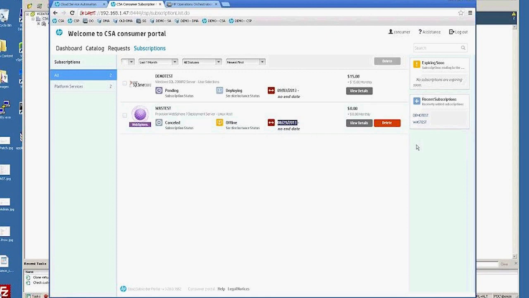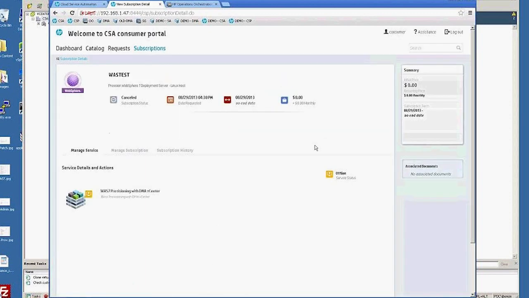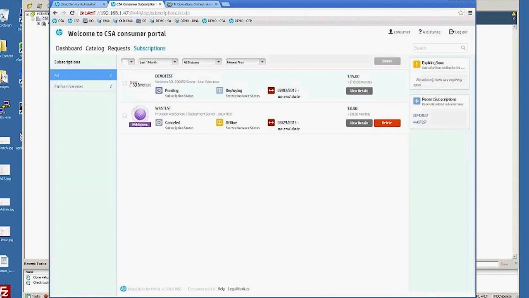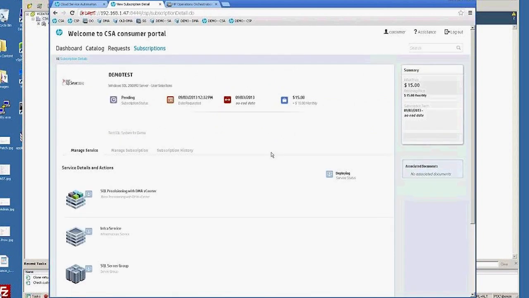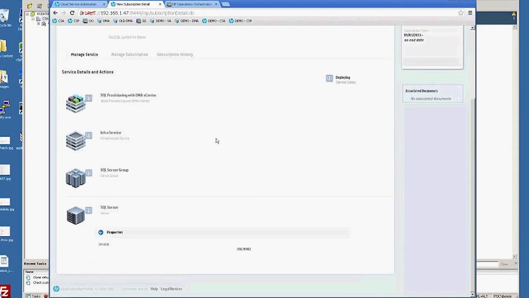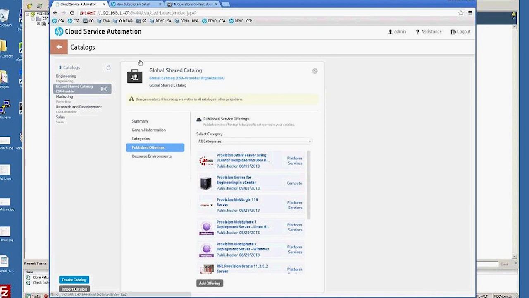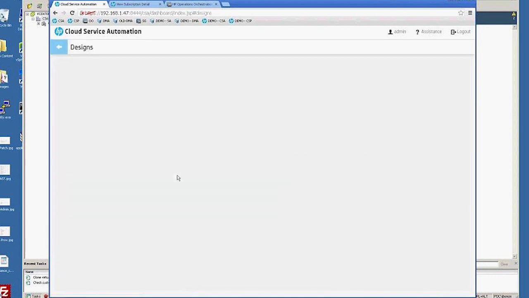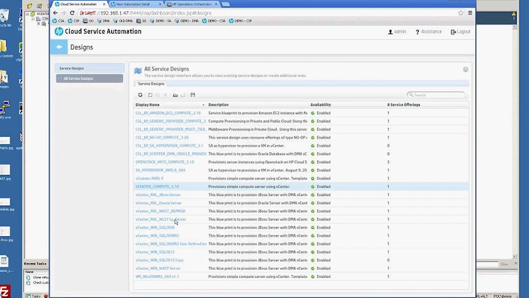It built it. I took it offline this morning, and this guy should be running now. It'll build it and allow it to happen, right? So there's the one that was taken offline. If we look at the information on this one, we'll see, if we go back and think to the screen I was looking at in the CSA administrative screen, and we look at